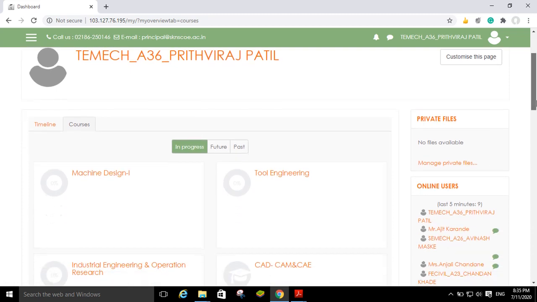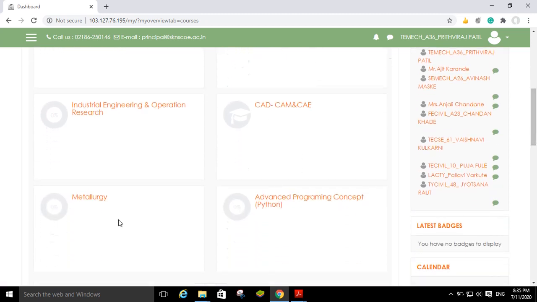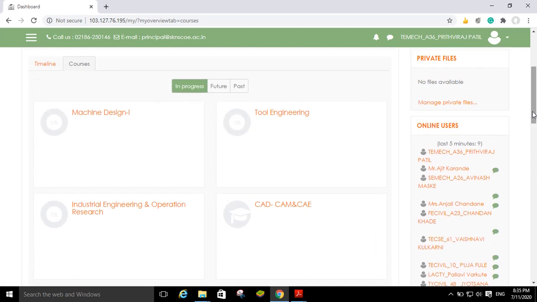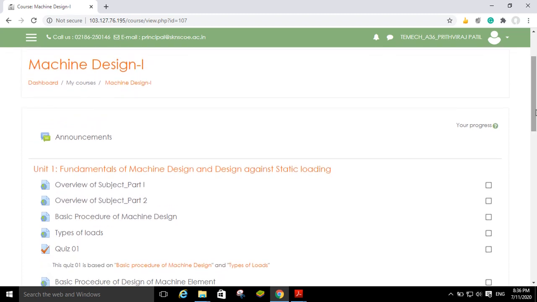You can see the number of courses here, like machine design 1, tool engineering, CAD/CAM CAE, industrial engineering and operational research, then metallurgy, and advanced programming concepts. So you have to select the subject that you want to study. For example, if I want to study machine design 1, you should click on this machine design 1. If you click on this machine design 1, the next window will open where the name of subject will be